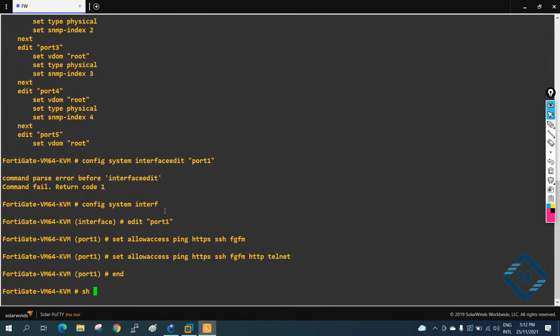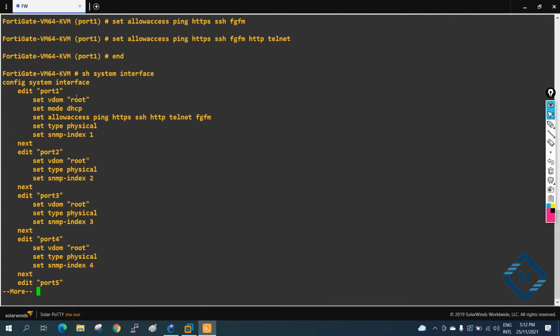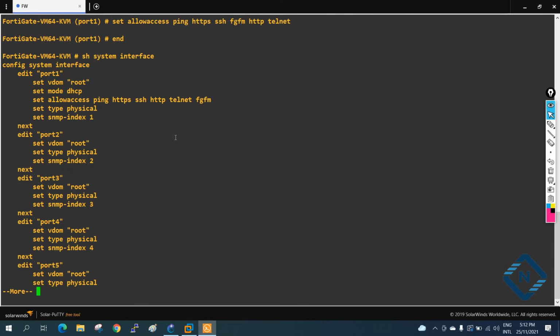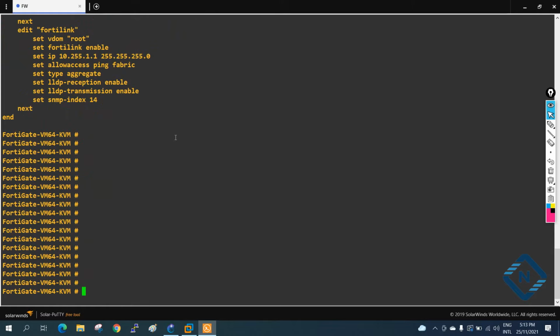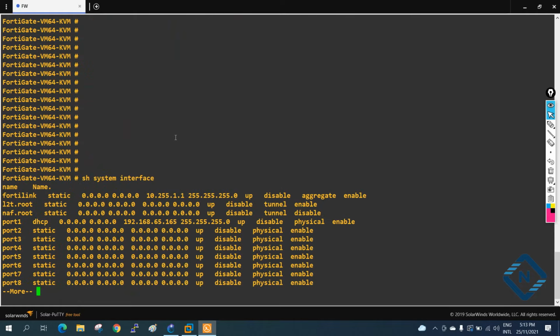If you want to check, you can write show system interface, press enter, you will get we added this one, and also we added this one now. Before we don't have, so it will work. Now we need to check the IP. What is the IP? So how we can check IP? We can check the IP easily. We will write show system interface and put question mark. You will get the IP, what IP we get from the DHCP. This is the IP we get from the DHCP. Okay, so this is our IP.